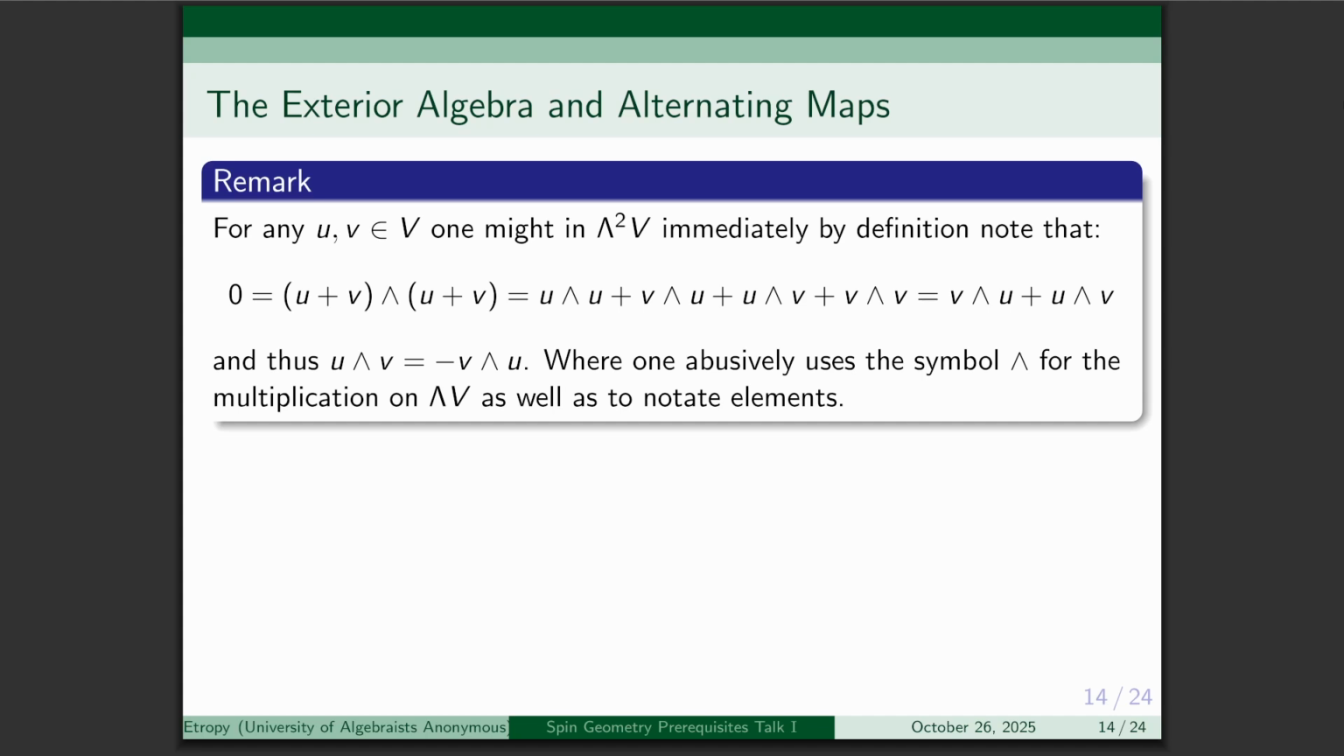And something to note about it. First of all, just by a quick computation, let's see if this one is right. If we take two vectors, u and v, and view their wedge in the second exterior power of the vector space,